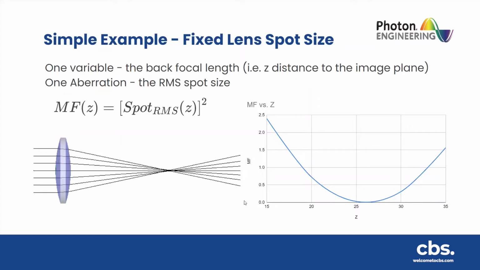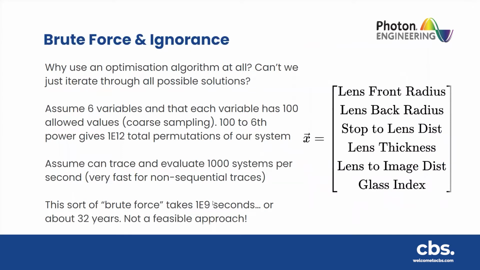At some points in my life, I've been asked, well, why do we need optimization at all? Can't we just iterate through every single possible answer and pick the one that's best? And that as a methodology doesn't really work. If we take a slightly more complex system, perhaps something like a simple landscape lens,